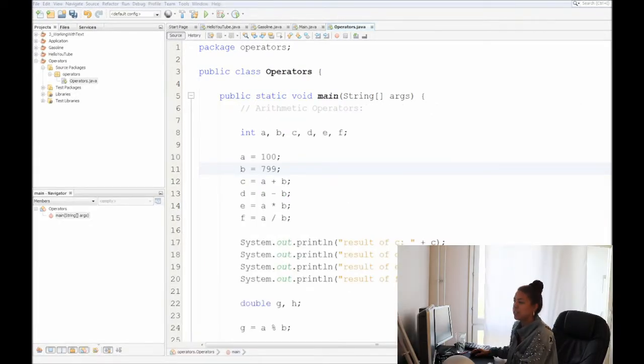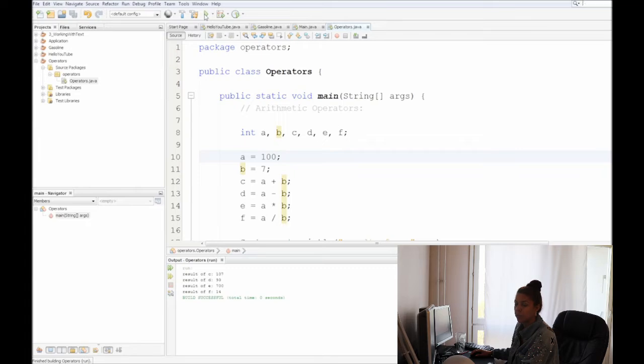So now we're going to look at the arithmetic operators. They work pretty much the same as they do in math. So if we were to have integers a, b, c, d, e, f, and a equals 100 and b equals 7, we could run these and get the results of c, which is 107, of d, which is 93, a times b, which is 700,